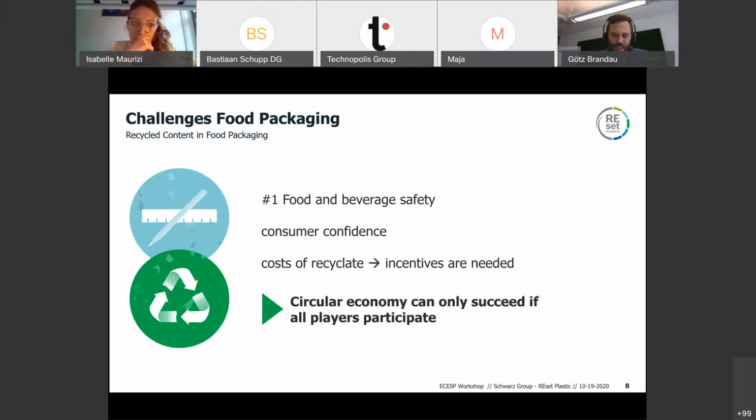Getting clean recycled materials in food grade quality requires a lot of work, which makes the material more expensive. We could work with incentives there. The upcoming plans for an EU plastics tax come to mind as an opportunity to maybe use that for incentives.